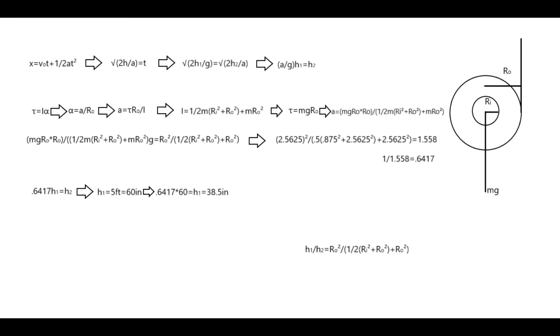Then we create the equations for both rolls of toilet paper. The first roll is in free fall, so we change the variables to reflect that the height of the first roll is divided by gravity, since acceleration in free fall is equal to gravity. The second roll is not in free fall, as it has an anchor point to provide rotation, so we change the variables to reflect that the height of the second roll is divided by an unknown acceleration. Simplifying the equation, we see that the unknown acceleration divided by gravity times the height 1 is equal to height